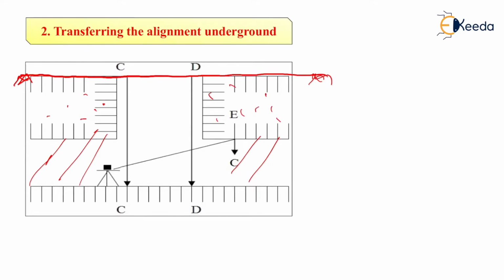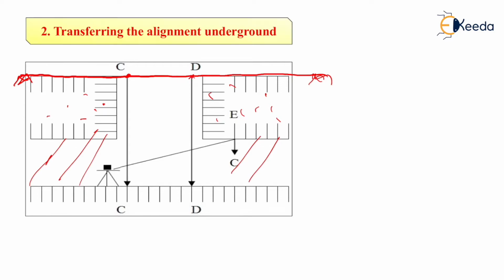So on the surface we have done all the surveys. Now we have to transfer this alignment, that is your center line. As you can see, CD is the center line, suppose. So we have to transfer this alignment underground so that while tunneling or boring we maintain the same alignment which we have first of all marked on the ground. And the procedure is,